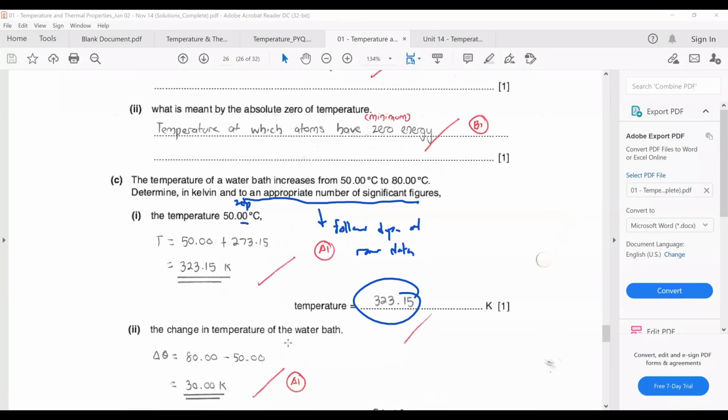And then find out the change in temperature of the water bath in Kelvin. Somehow you'll see that the change in temperature of the water bath in Kelvin is equal to the change in temperature of the water bath in degrees centigrade. I think I did mention something like this to you guys before. If your temperature in degrees centigrade versus your temperature in Kelvin,